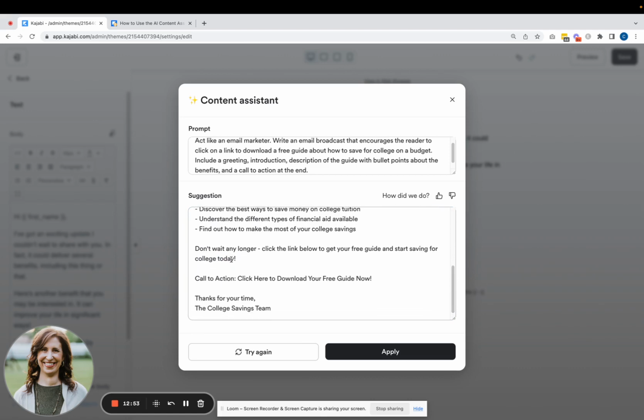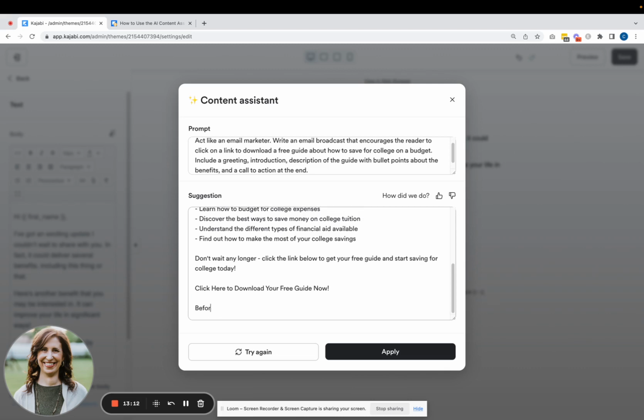So, and then it has the call to action. Don't wait any longer. Now I'm going to actually delete the word call to action. I would probably put this in a button. Click here to download your free guide now. And then I would change this. Or I might say, before you go,